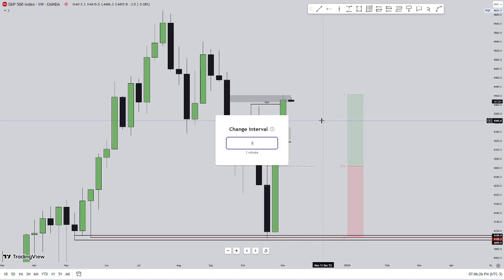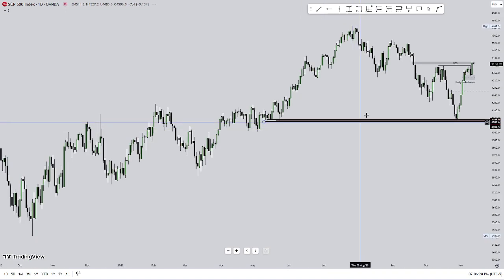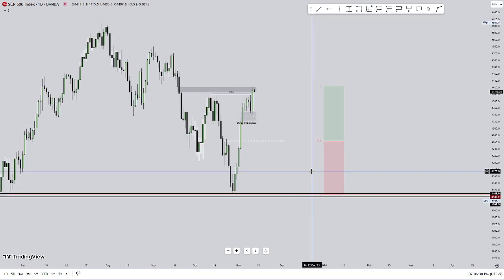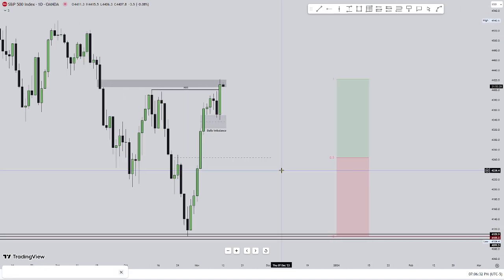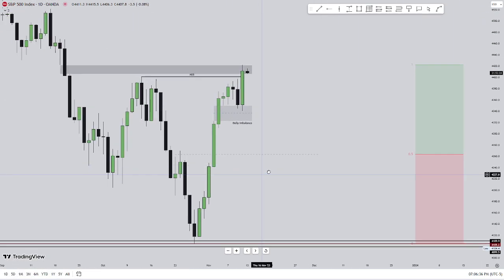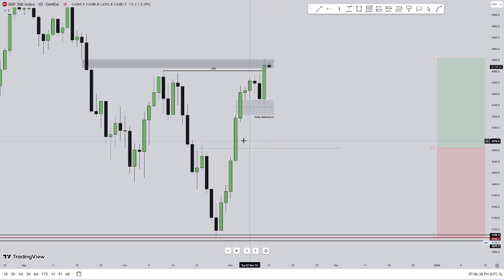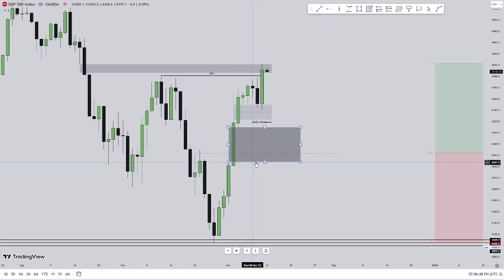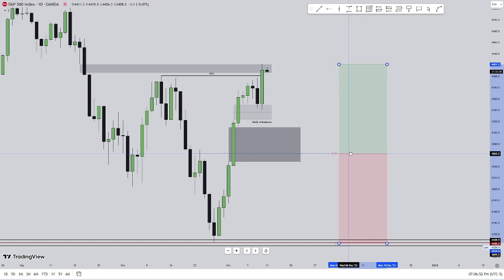So then you look at the daily, because we're on the weekly right now, and you ask where these imbalances are. The imbalance that's clearly there, and that's not there on the weekly, is a daily fair value gap that's sitting right here, as you can see. Boom, bam. That would be your daily imbalance. And why we would come here is because it's under the 0.5 right here.